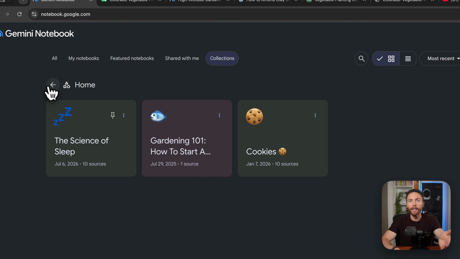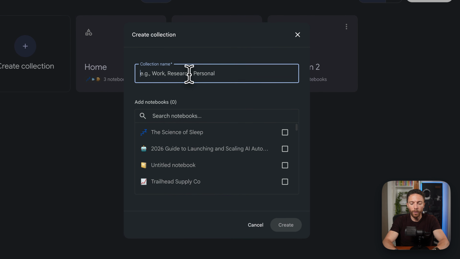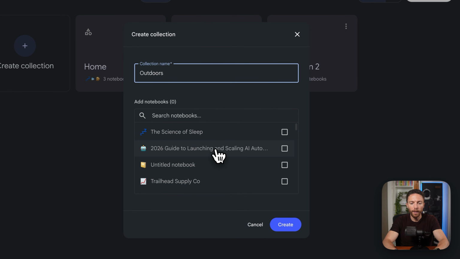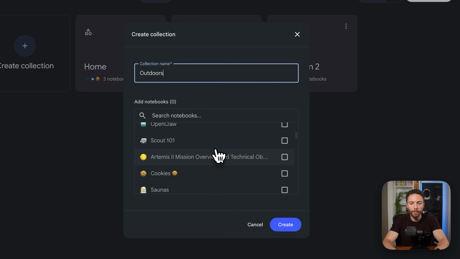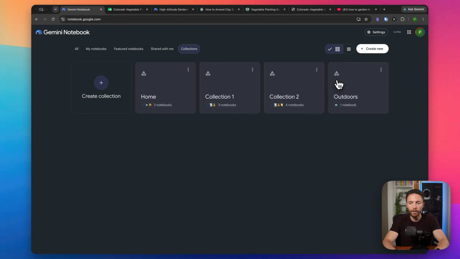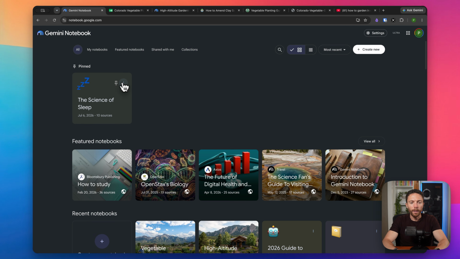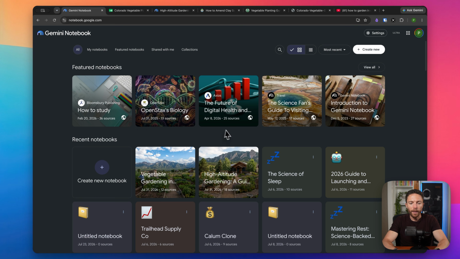Notebooks can exist in multiple collections, by the way. So if I go backwards and start a new collection and maybe call this one Outdoors or something, I can choose that same gardening notebook and it can exist in multiple collections. Let me return back now to the All Notebooks section. I don't need this one pinned, so I'll click on these three dots and unpin it